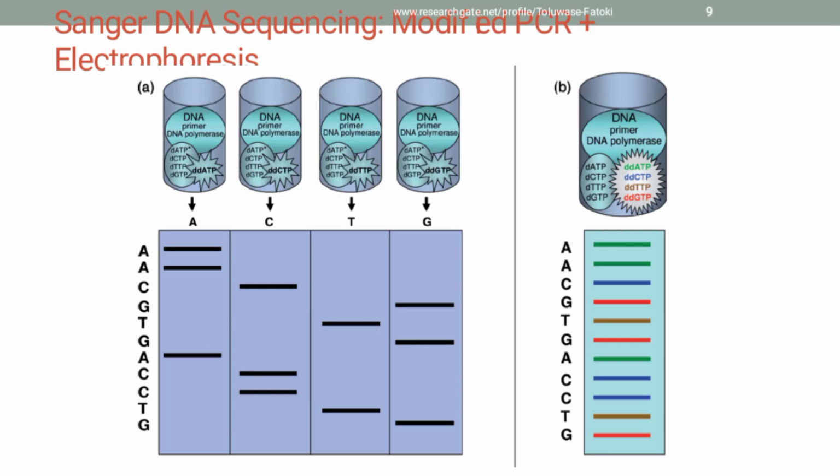Then the second process is the annealing, which is the point at which the temperature drops to about 50 degrees C, during which the primer is able to form hydrogen bonds with the template. We have two templates now, the forward 5 to 3 prime, and also the reverse 5 to 3 prime. So the forward primer binds to 5 to 3 prime, then the reverse primer also binds in the 5 to 3 prime direction. So that is annealing, and then the thermocycler now increases the temperature to about 74 degrees C,